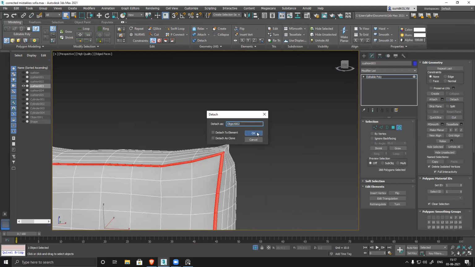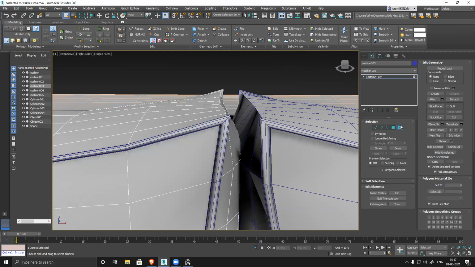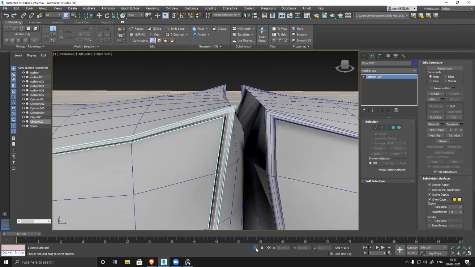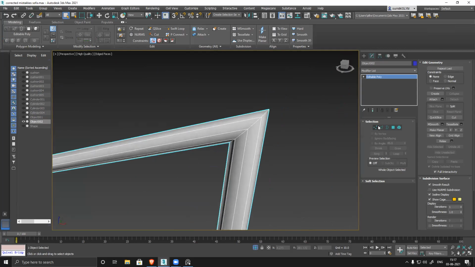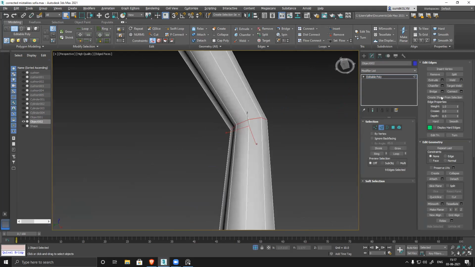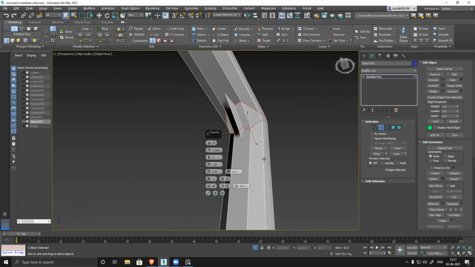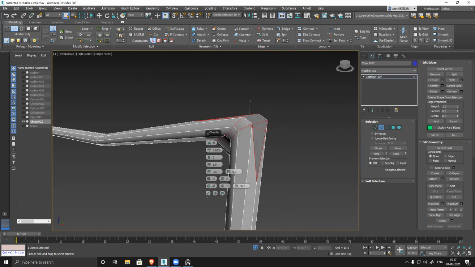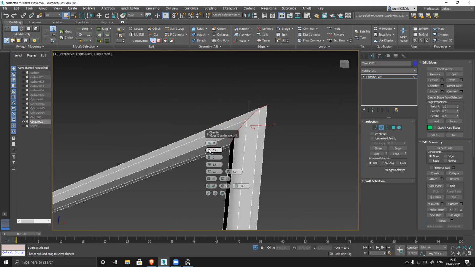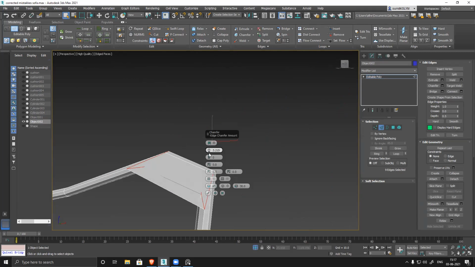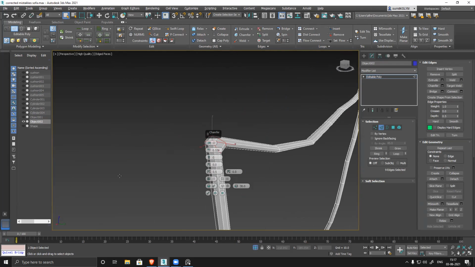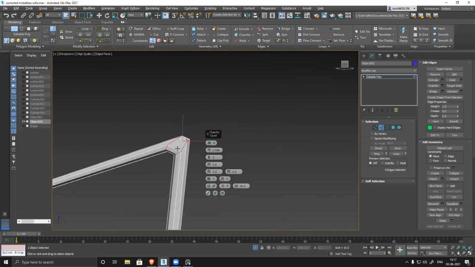Detach. Correct. You see, with quads it's working.